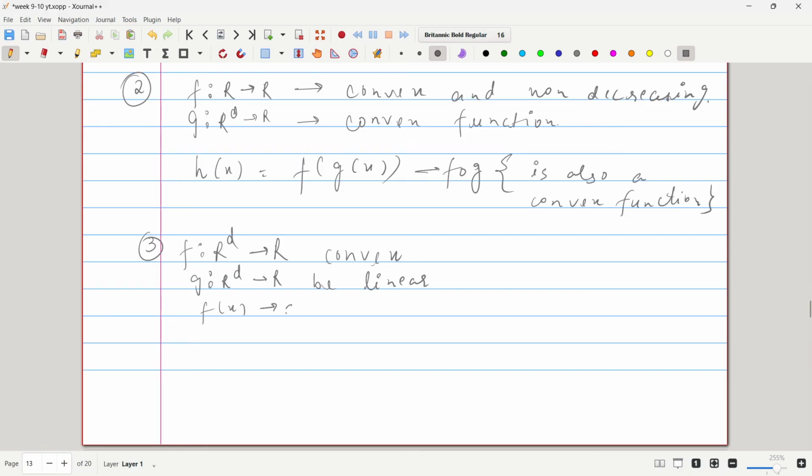If f(x) is convex, then alpha times f(x) will also be convex only when alpha is greater than 0. Then if h is linear, w transpose x also belongs to R^d, and see, this is a